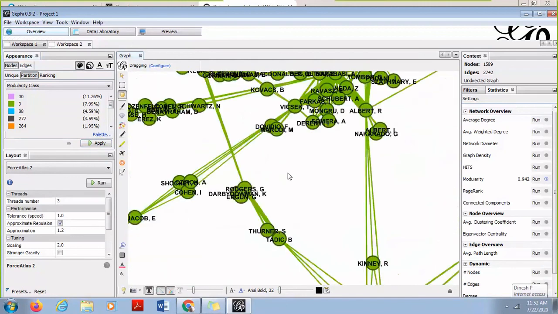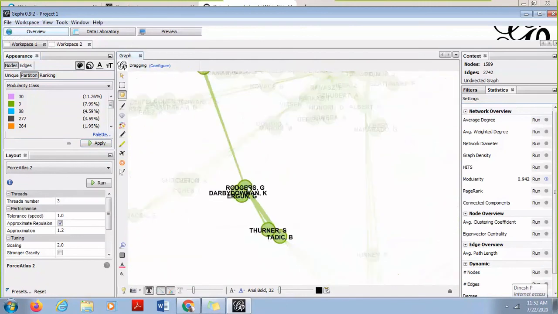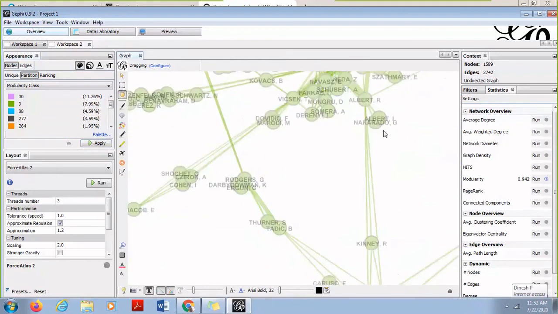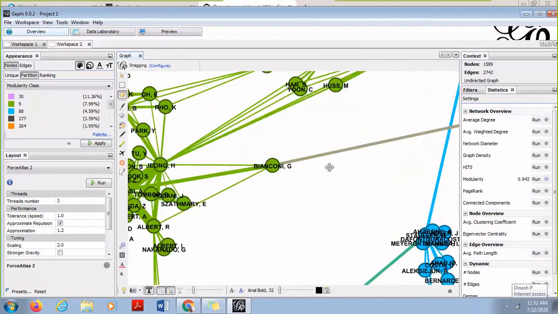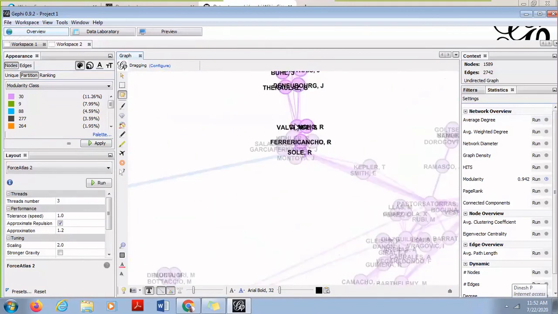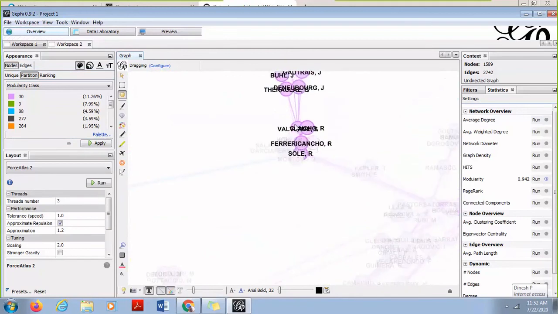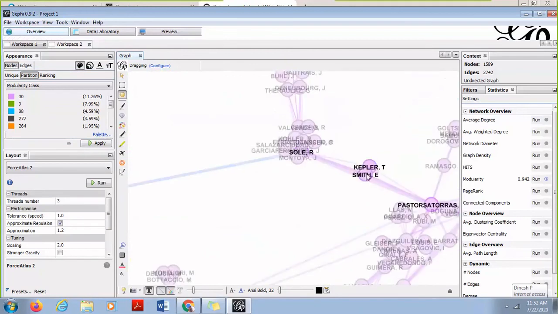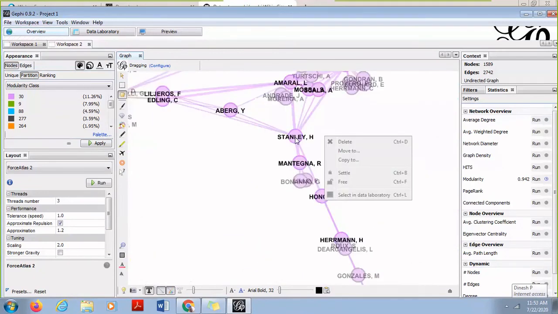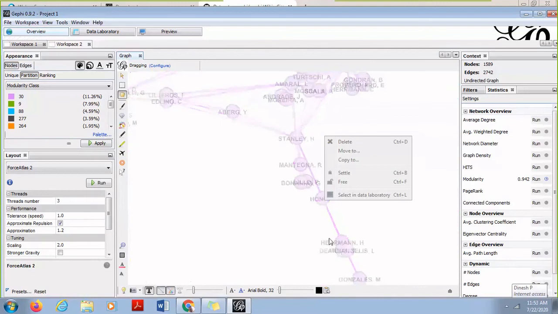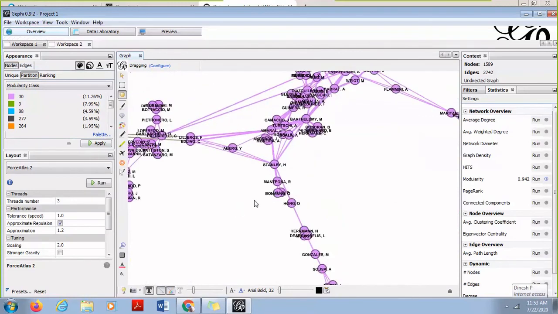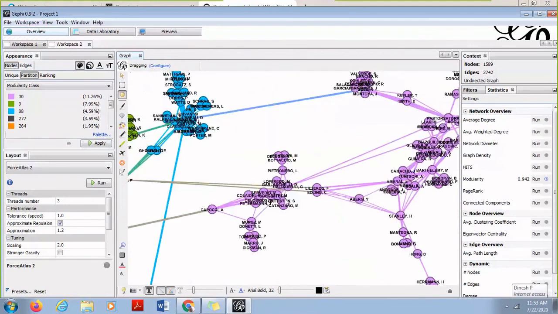So here you will observe that Roger is co-author to Turner and so on. Okay, so these are some of the people who have been working in the network domain. So here I am able to see the authors and the co-authors related to them. So Stanley and so on. Okay, so this gives you a better perspective on the graph that you are working with.